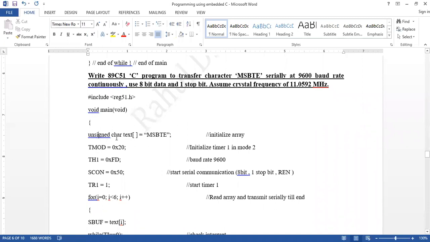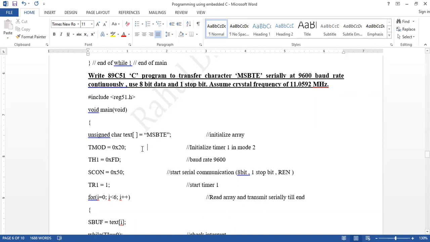We need one array, unsigned char text. The array is declared by this statement, unsigned char text in square brackets. The square bracket is empty, and we have to transmit the characters MSBTE. That's why we have placed MSBTE here in double inverted commas, and then a semicolon.